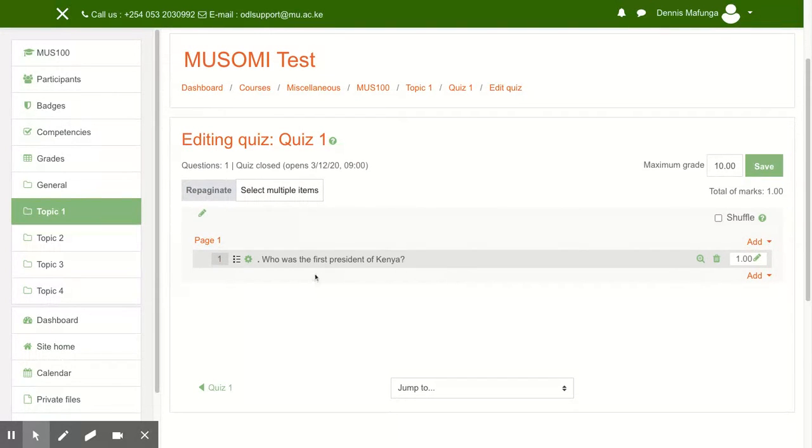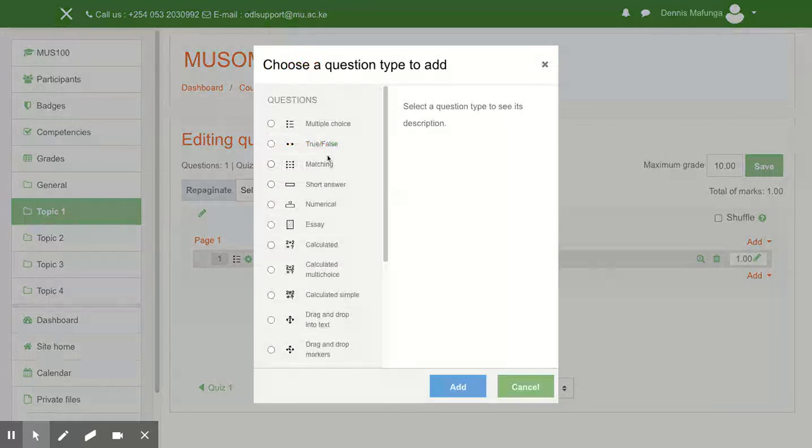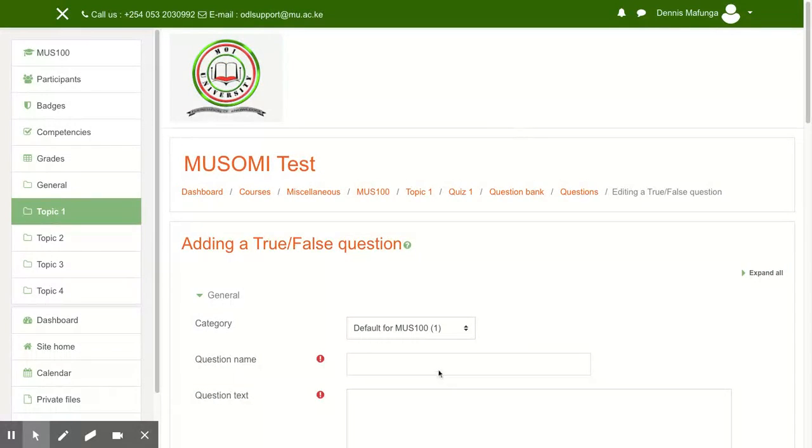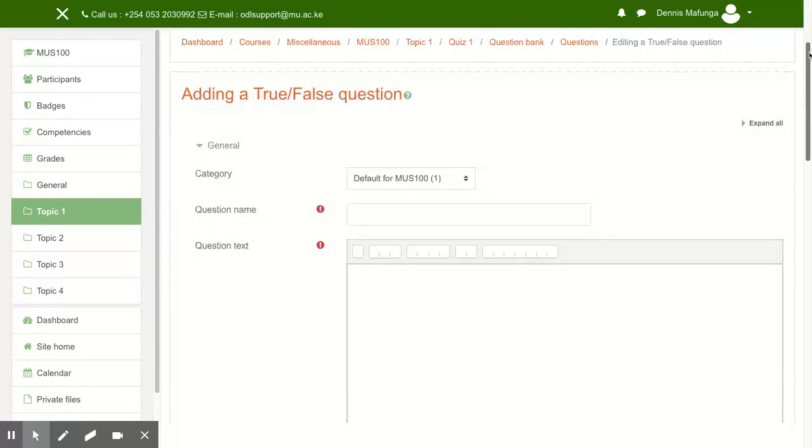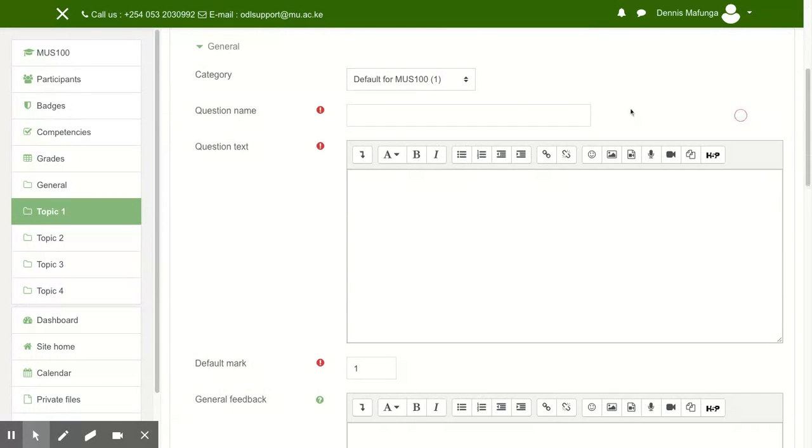We need to add 2 more questions. So I'll click on Add, a new question, and I'm going to select a true and false question. Okay, so I'll click on Add. I'm going to put for the question name, remember I'm putting a full stop so that it is not numbered. Students cannot tell whether it was question 1 or question 2 that the answer was this. So the question text will be